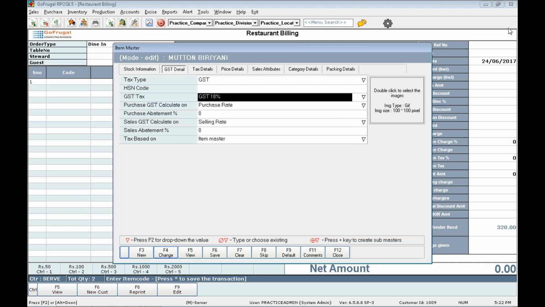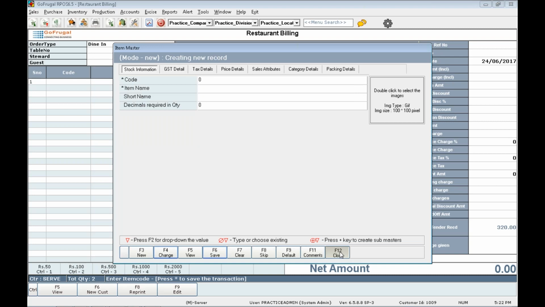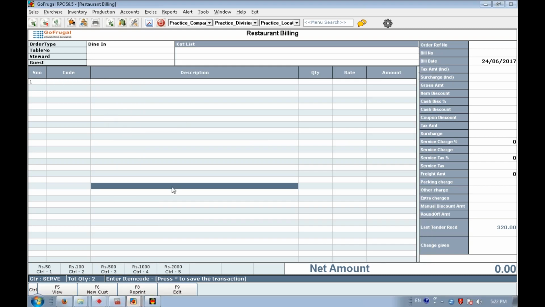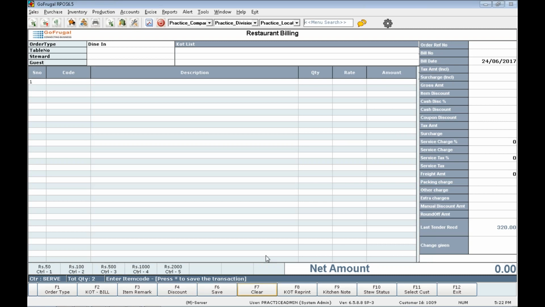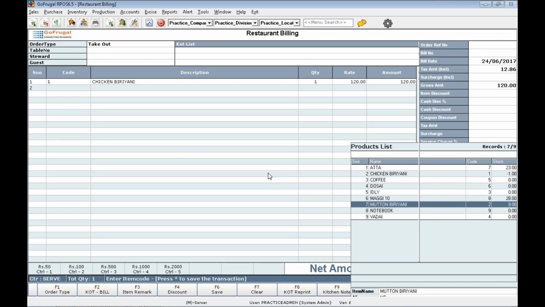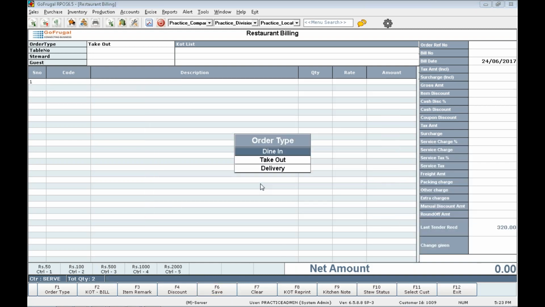To explain it in a better way, I am changing the GST for the mutton biryani to 18%, and let me do a sale for both items again. Let us see in the accounts.